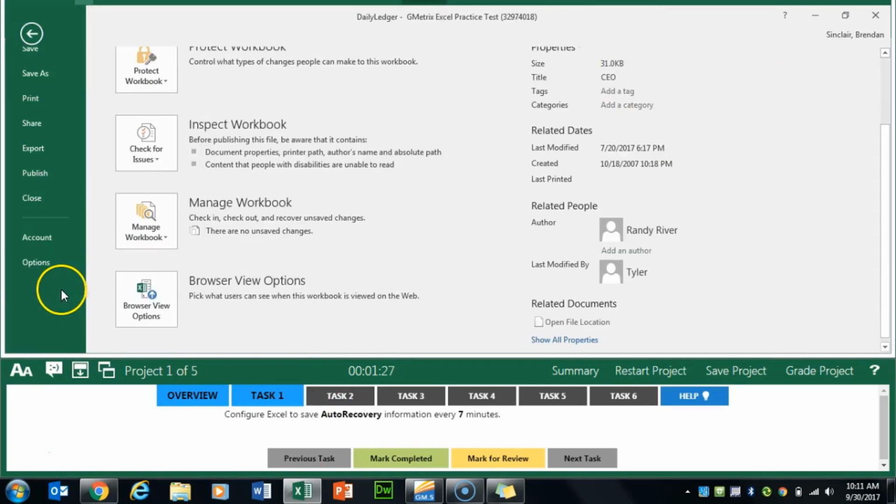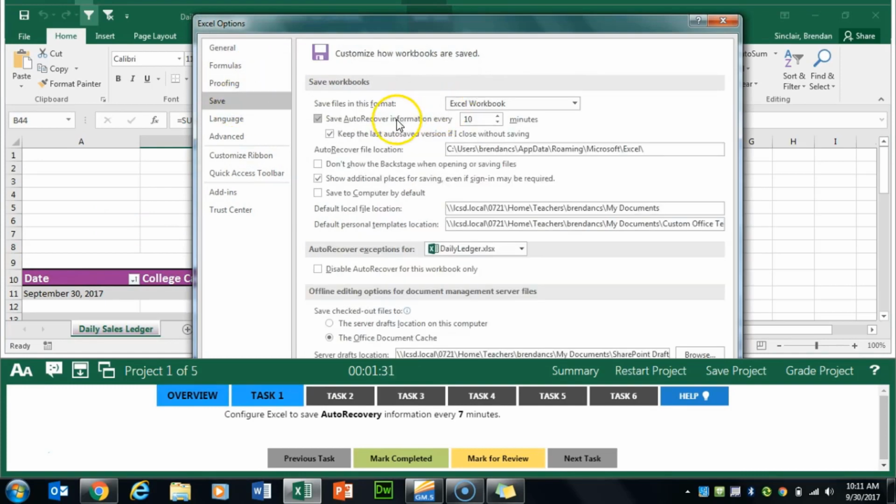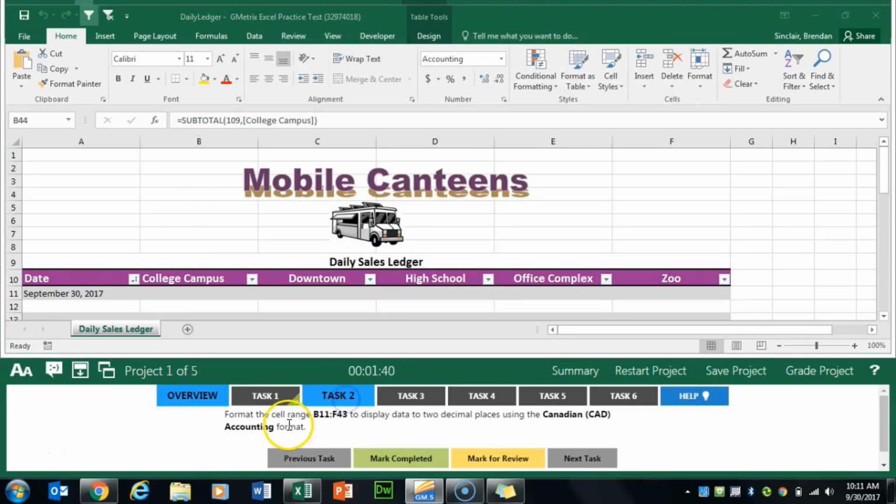That's going to be on the File options down here at the bottom. We're going to click Save here on the left, and right here under Save Workbooks, I just want to change that from 10 to 7. We'll go ahead and click OK. We'll click Mark Completed. Task 2 asks us to go ahead and configure the cell range B11 to F43